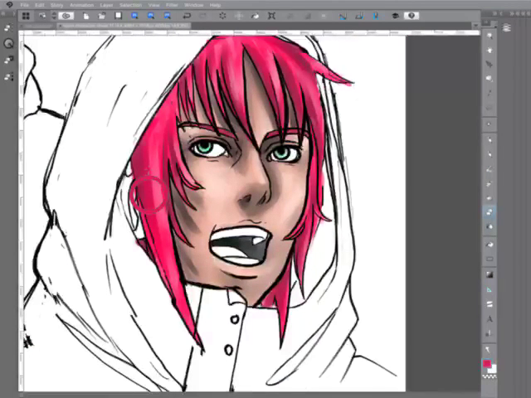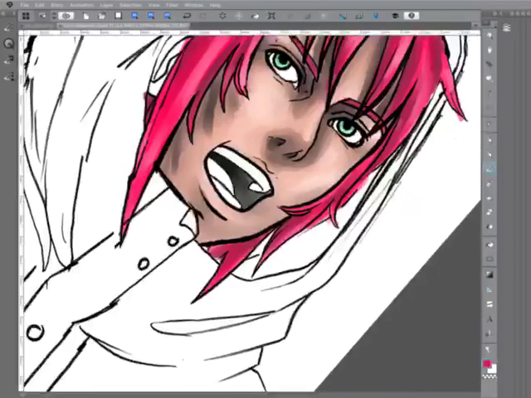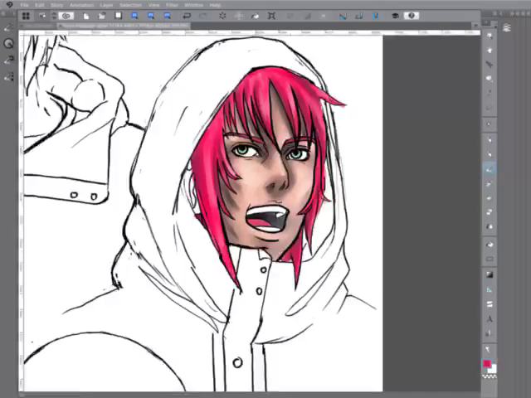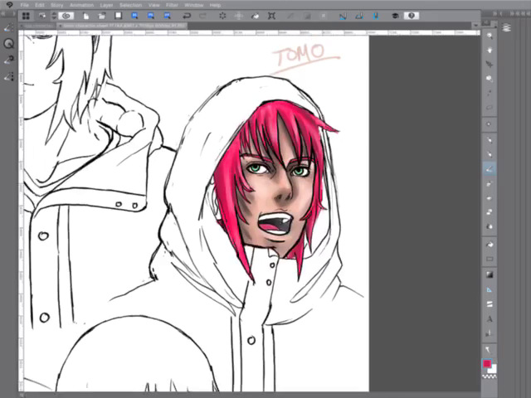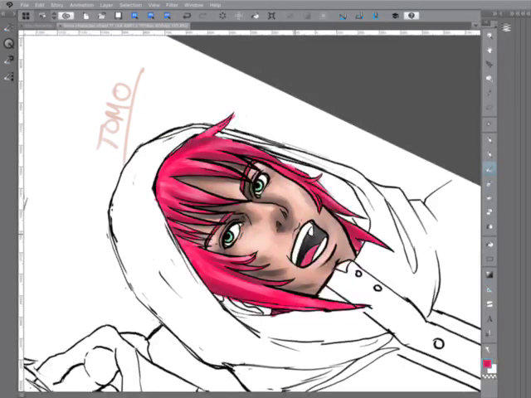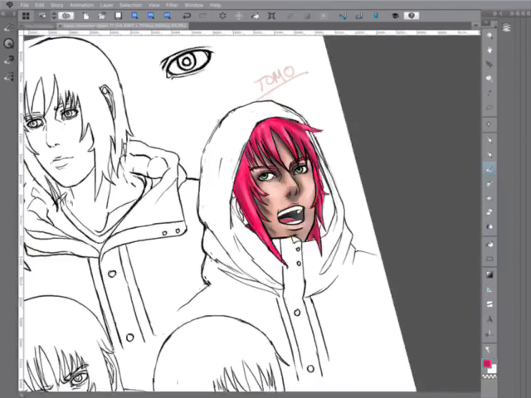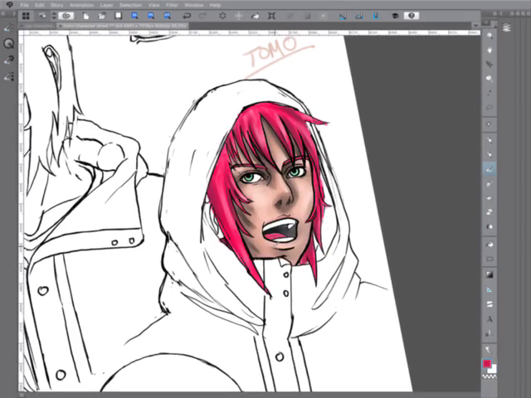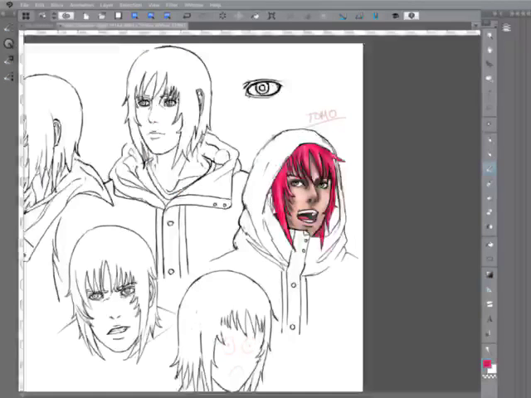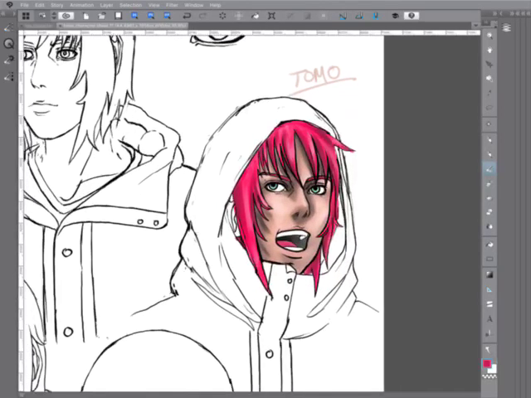Honestly, I could probably steal one of these shades from the hair to go on the tongue. I don't know, maybe it's a little bit too red. I guess it doesn't really matter that much. I'm just trying to get an idea. And alter the lip color just a little bit. Maybe that's too much. It's just blending too much with the rest of the face. You don't need to do a whole lot, like just barely. That's okay, I guess.